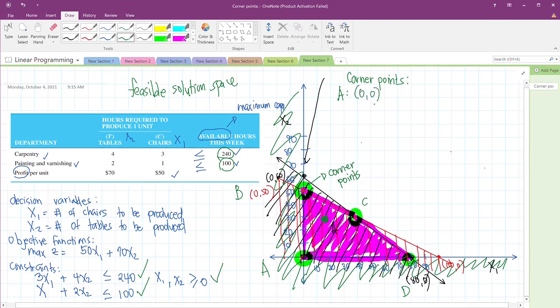Ma'am, saan ko ito ipa-plot or ano yung gagawin kong basis para malaman kung ano yung pipiliin kong corner point? So, syempre, dun sa objective function natin. So, yung Z is equal to 50 x1 plus 70 x2. So, substitute mo dyan yung mga nasa corner point. So, if 0, 0, so Z is equal to 50 times 0 plus 70 times 0, so equals to 0. So, dahil 0 siya, automatic, di mo na yun pipiliin kasi you want nga na maximize yung